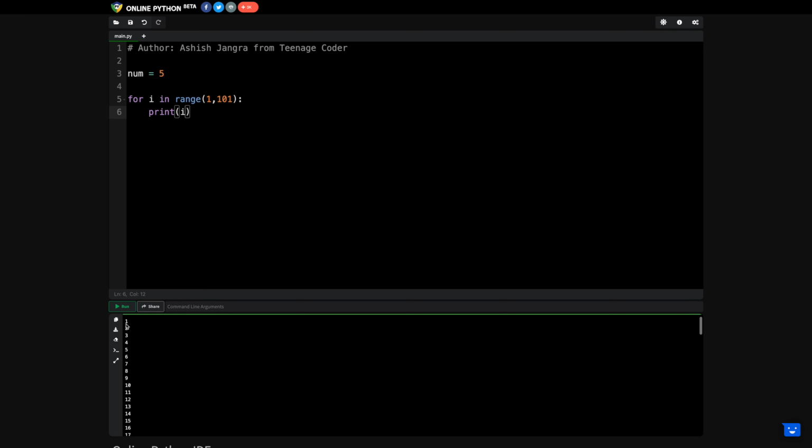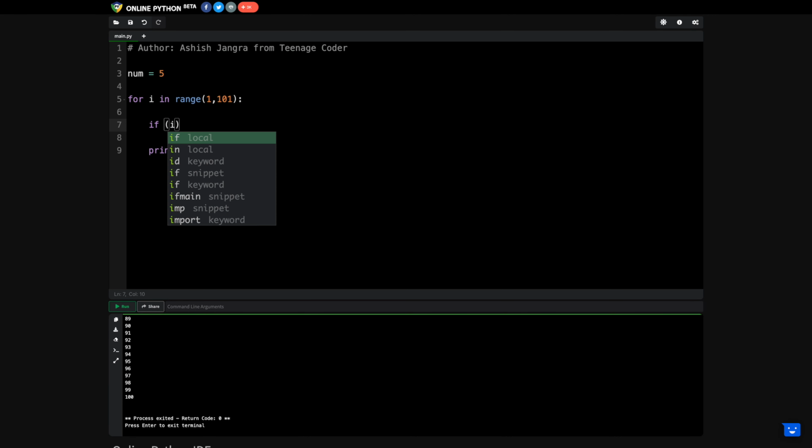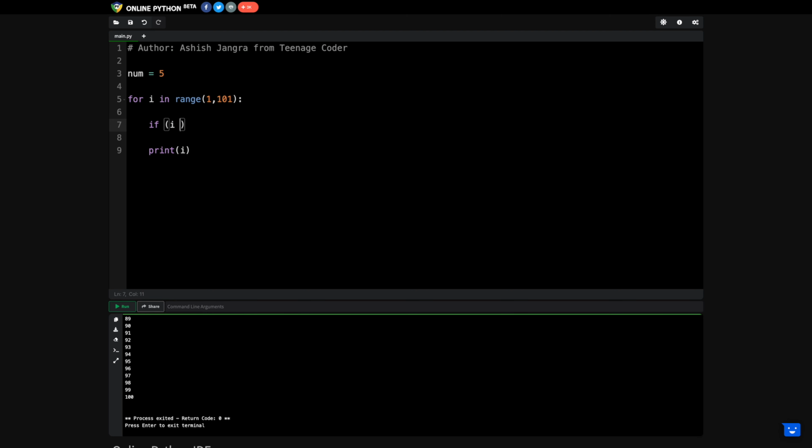Yes, we are starting from 1 and going up to 100. Now what I need to do, we do not need to print all the numbers. I just want to print the numbers which are completely divisible by 5. So how can I find it? I will write if that number, after dividing it by 5, or I would say num, this is the fixed number. i is something that is changing.